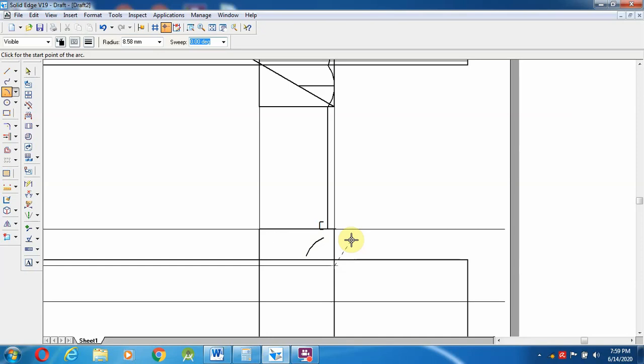From somewhere here, then select from here to, say okay, 7.04. 7.04, enter. Delete. 7.04, enter.